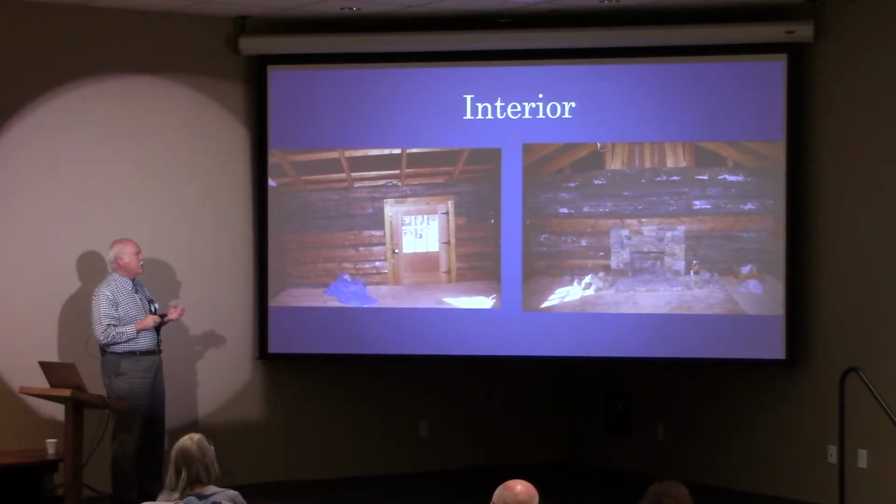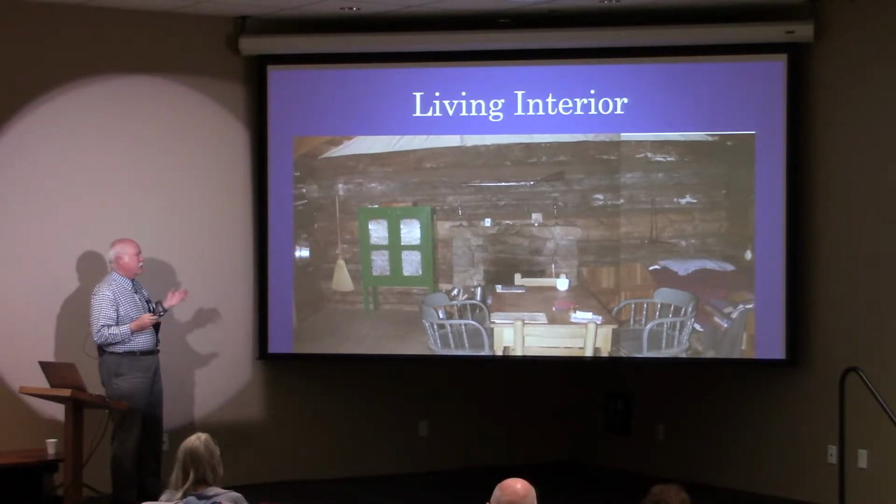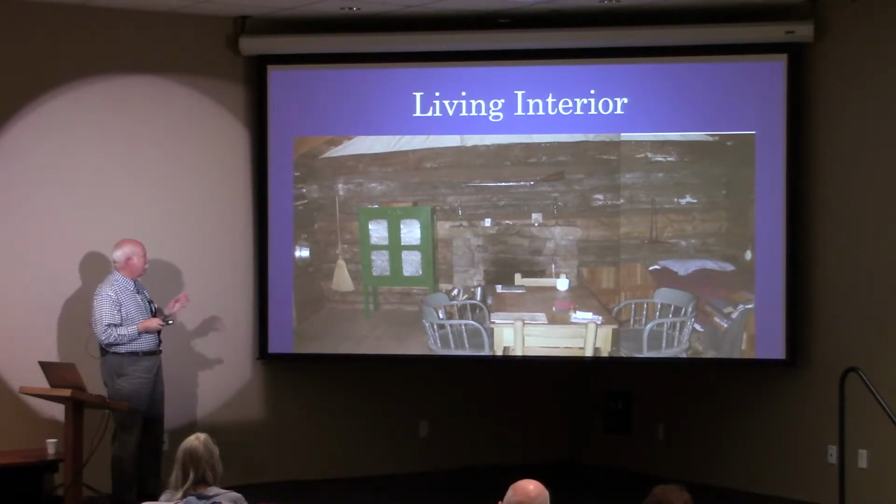My thought is that originally this had canvas over it. It had newspaper as wallpaper, or it might have just been papered on there without the canvas. So we did a lot of work on a furnishing plan. Anybody who wants to see the furnishing plan, you can see it, but it's based on